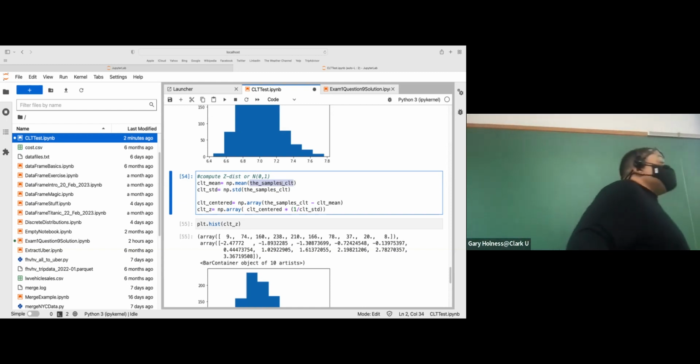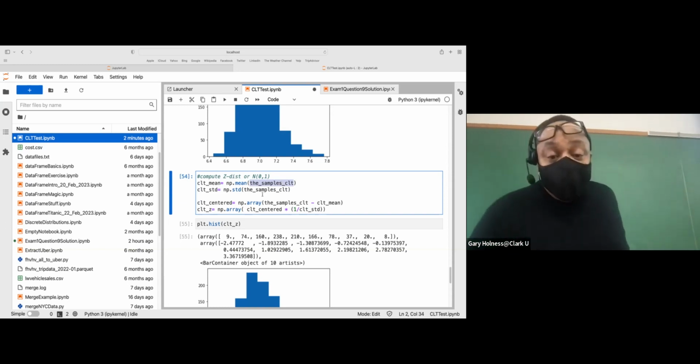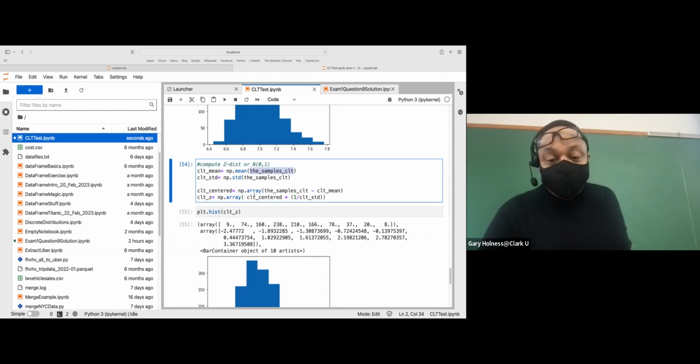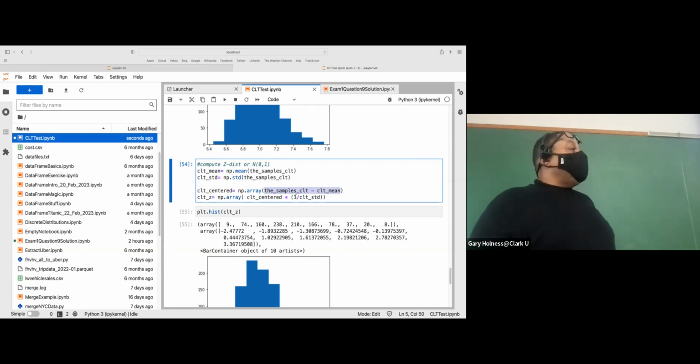So I take the average mean. Does that make sense? The average mean. And then I also take the standard deviation of all of my means. And then from that, I first take each mean and I subtract the average of the means. And then with that result, the CLT centered, I multiply by 1 over the standard deviation of the means. That's the same as dividing by the standard deviation of the means. So now the result I'm calling my